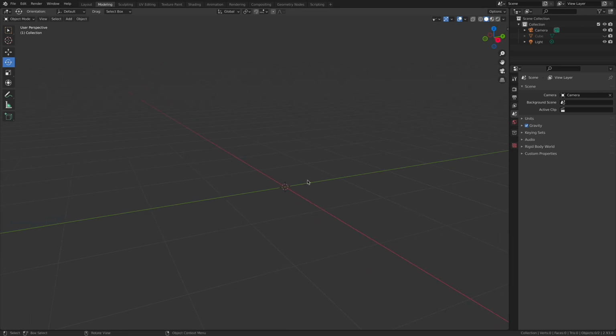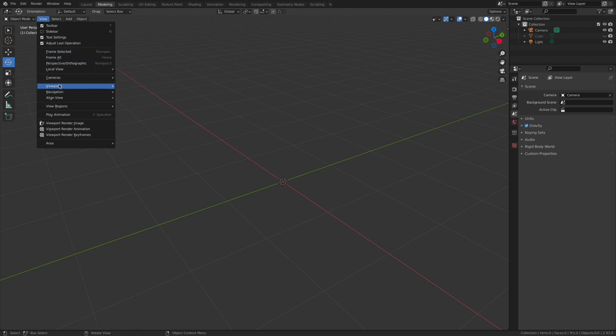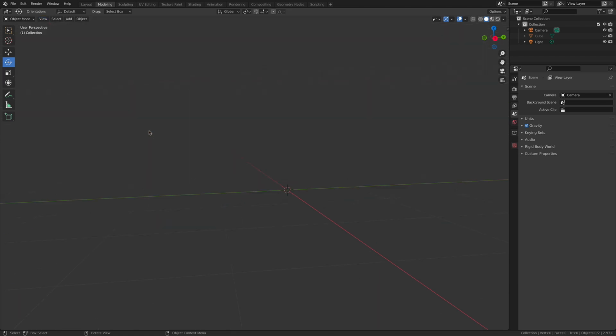Well, what if the orientation of my screen already matched the orthographic perspective that I want to load this image into? Basically, what I'm saying here is, what if we're already looking at the right view inside of my scene versus this perspective view? Well, we can do that pretty quickly by returning to this View pull-down menu. And now let's load up the right view.